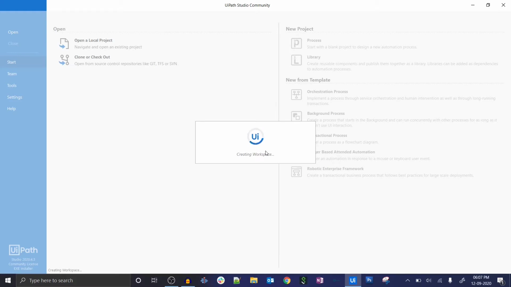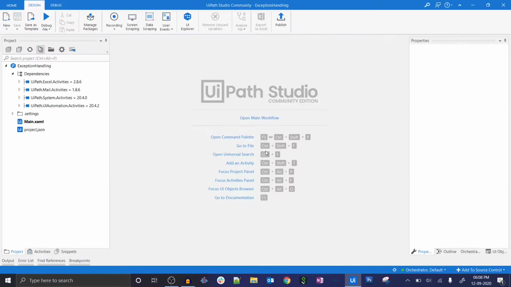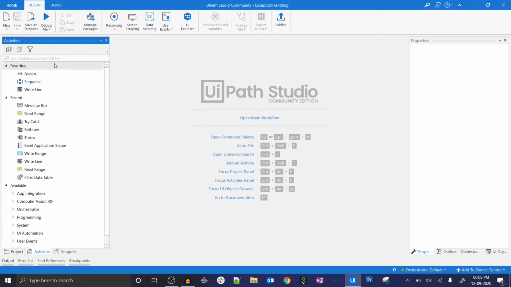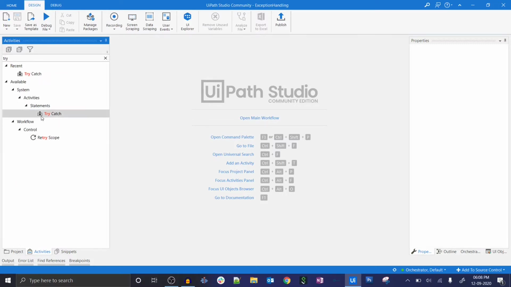In other programming languages, as we know, to handle an exception we have a try and catch block and a finally block. Using that, we can handle the exception. The same thing we get in UiPath. We have one predefined, pre-built activity provided by UiPath itself, and the name itself is Try Catch. It is similar to the try catch we use in other programming languages.